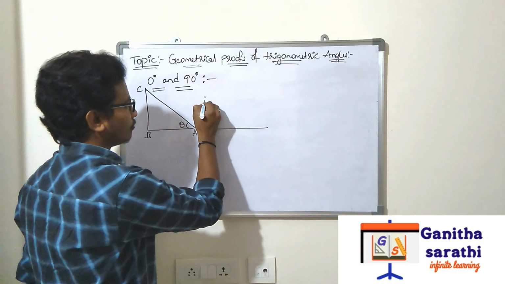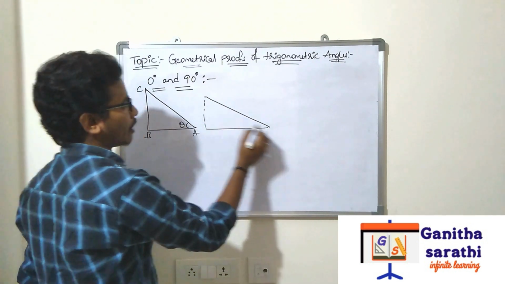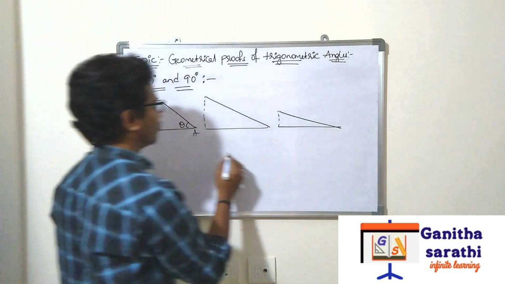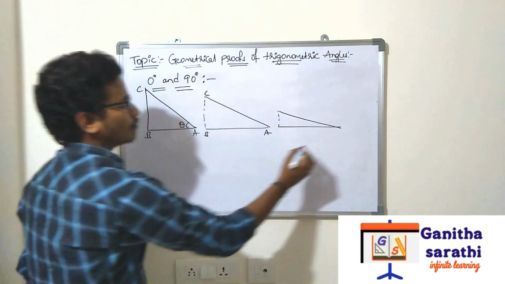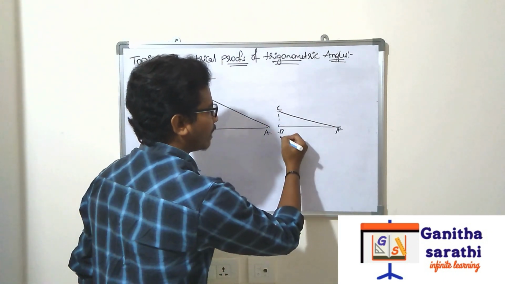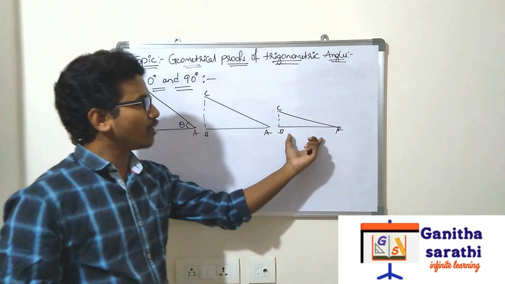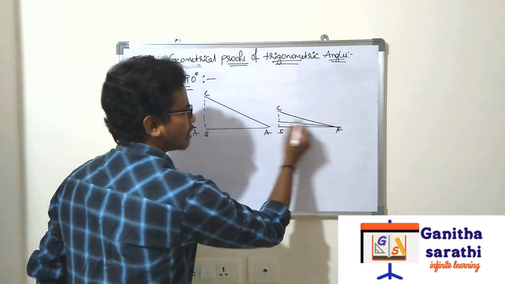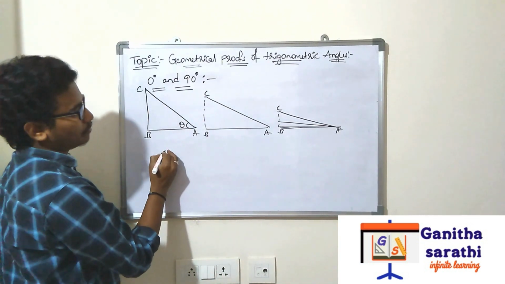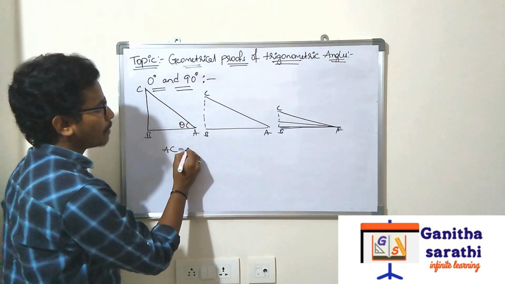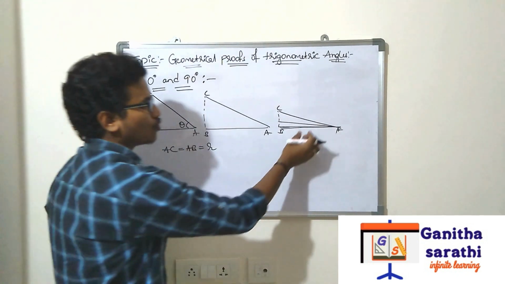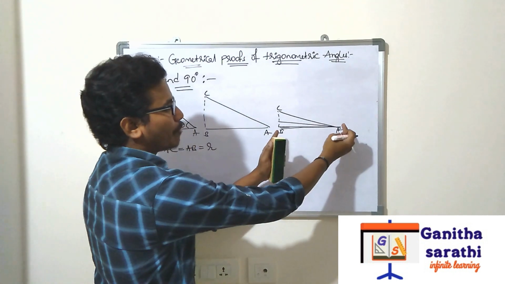How will it be moving? See here. In the same way, like this, the value goes on decreasing, right? A, B, C. Here also A, B, C. So this AC line is going on decreasing and it is coinciding with AB. So by this we can say that AC and AB are equal to some R, because these two are coinciding and they are making into a single line.